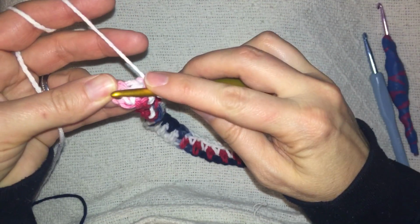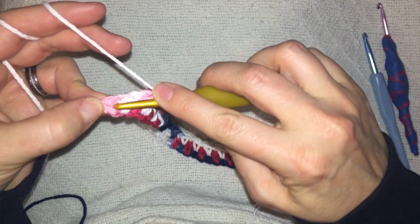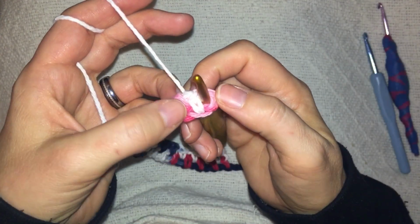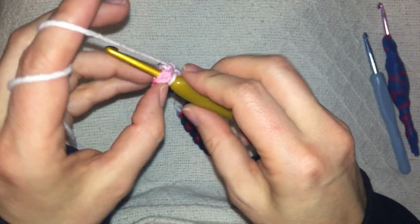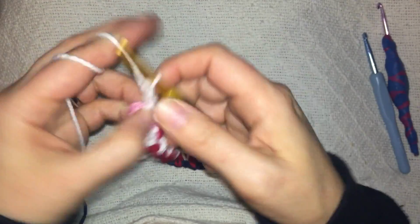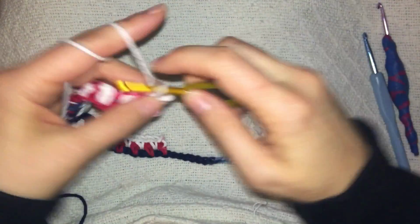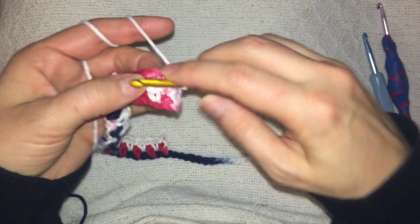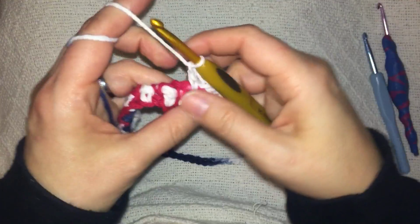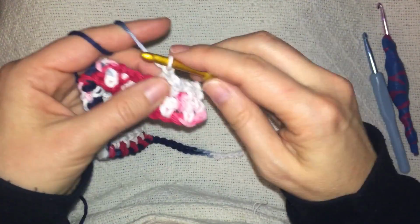Okay, so here I begin my 5 whites. Pulling this over. I flip it over to make sure that I don't split that stitch there. Make sure that it's a clean entry. So that's 1, 2, 3, 4, and